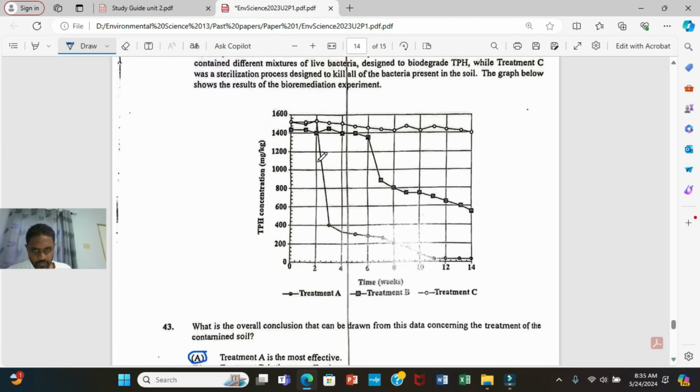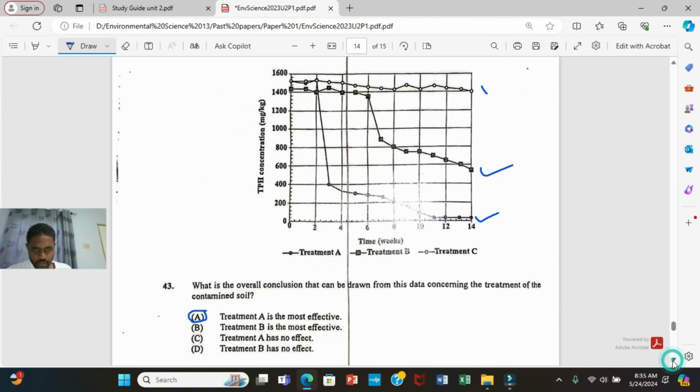All right, so this is A. So A here is very effective, guys. This one is very effective. This one is second. This one doesn't kill the bacteria. Once it gets rid of the waste, guys, it will come down to the line, almost touching the line. The line here would be 0. So if it touches the line, you know that it got rid of the germs. So that's how you would read it off.